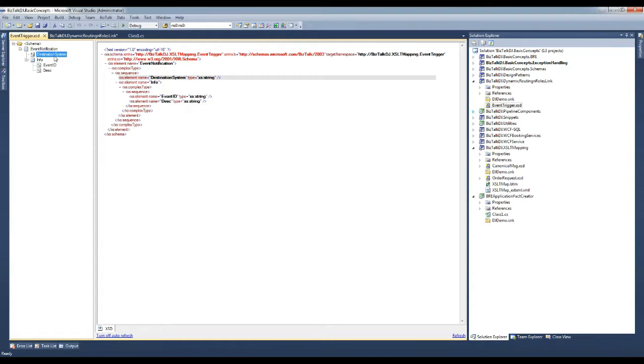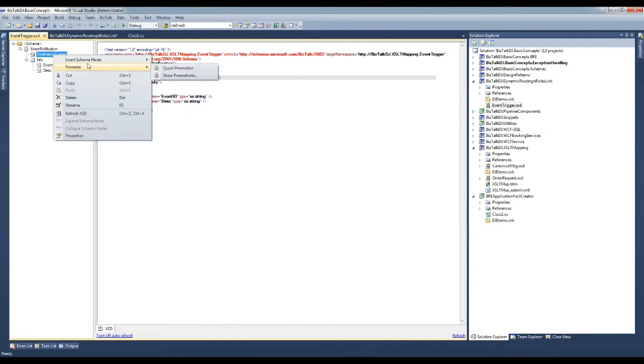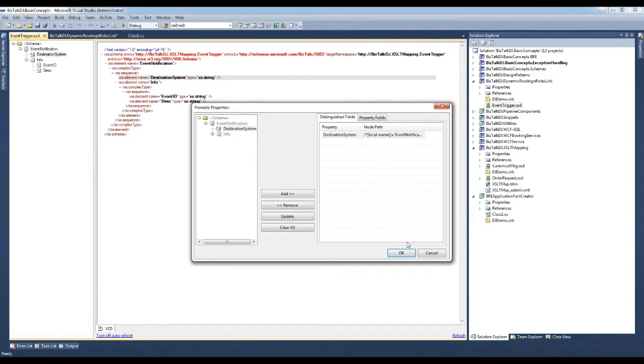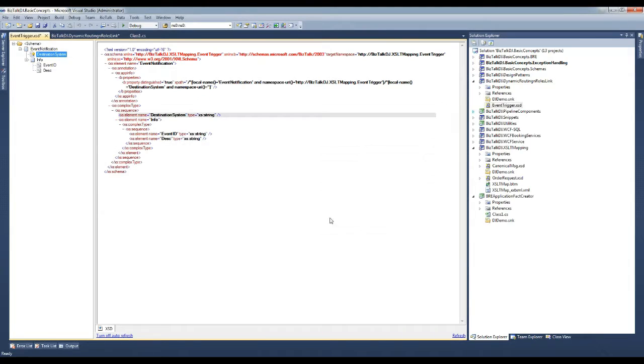So based on the destination system value, we will try to route the message. I would promote the destination system as a distinguished property.